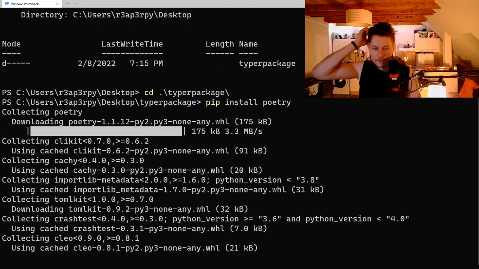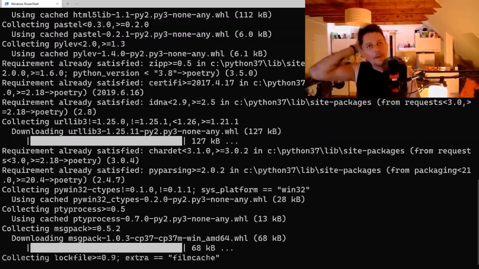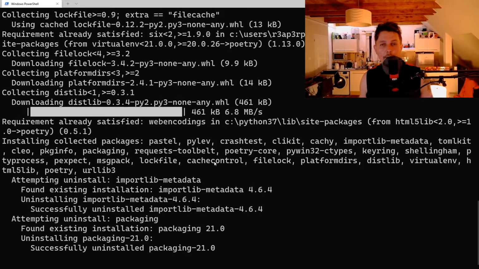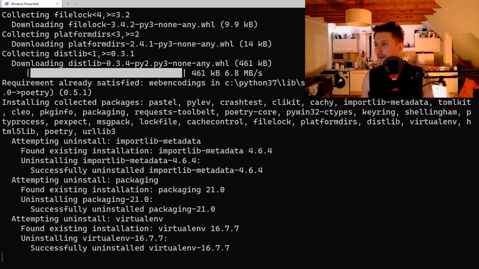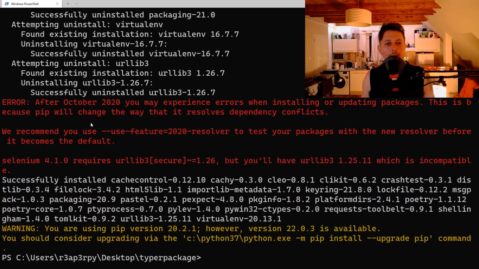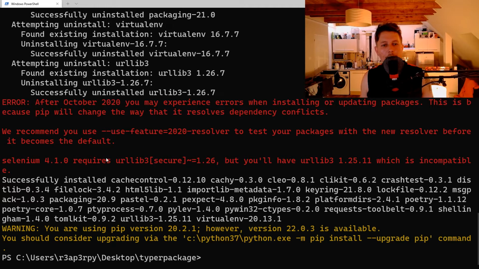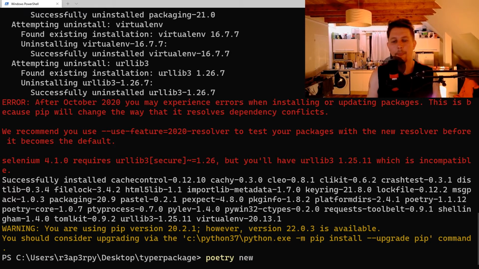So Poetry is a complex tool, and it basically allows you to create packages and allows you to install stuff inside your virtual environments. So let's create a package. So Poetry new Typer package,